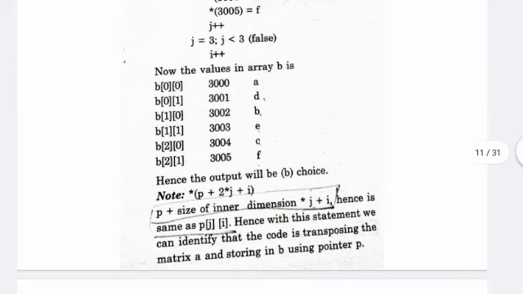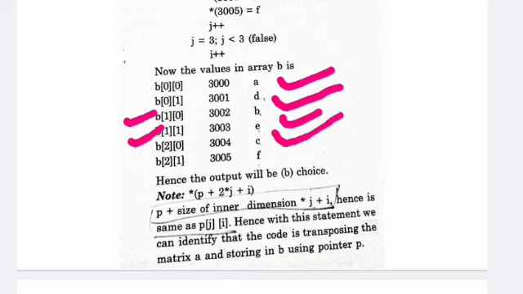Now here the value of the array B is given like B00 is 3000, which represents your A, B01 is equal to 3001, which represents your D, and B10 represents your B, and B11 represents E, and B20 is 3004, which is equal to C, and this is pointing to F. Hence the output of the choice B is given.